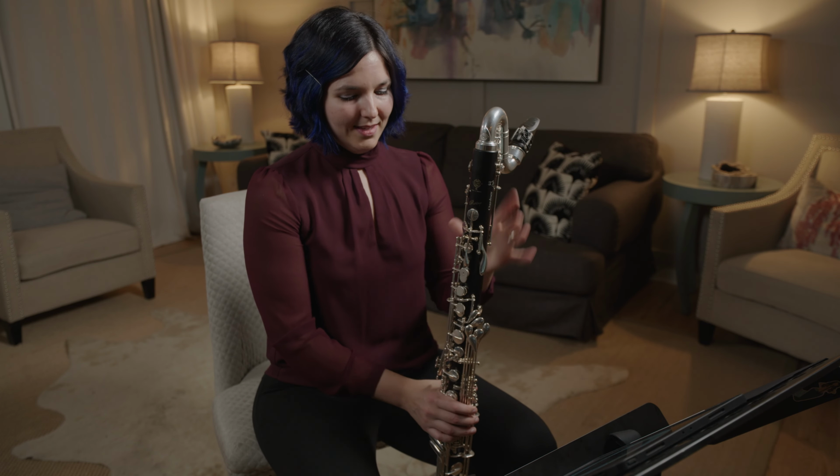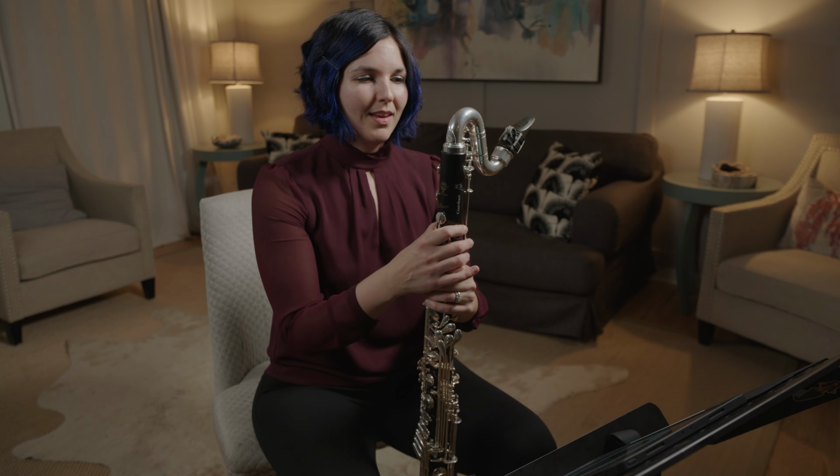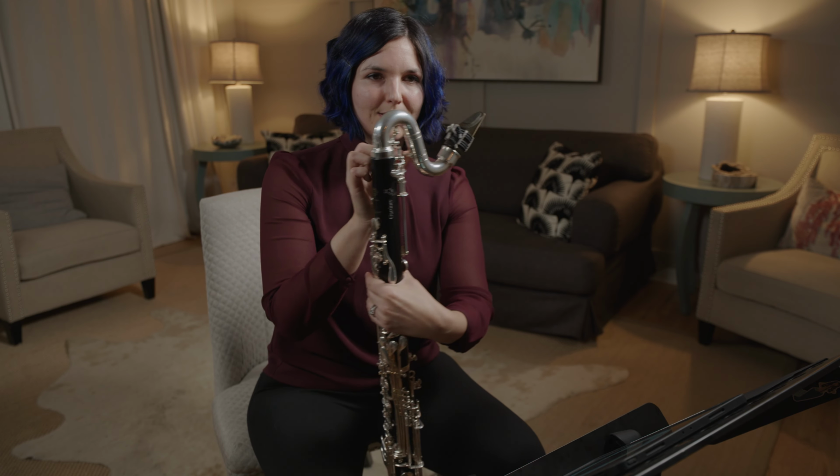When making adjustments for intonation on the bass clarinet, we can adjust in two places, the neck and the middle, if your instrument is not soldered together. For left-hand notes, we'll be pulling out or pushing in at the neck. My neck is in two parts, so if I am sharp, I will make the instrument longer